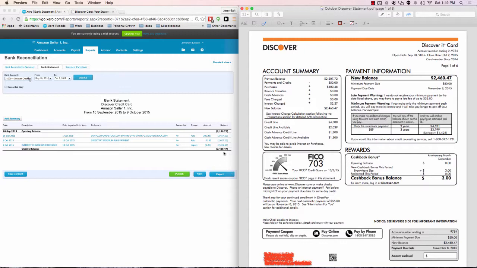And this is on purpose, not to concern you. If it was the exact same amount, 2460, if those were the same amount, then congratulations, there's no further work to be done. This account is totally up to date, and you can now move forward with confidence knowing that you've imported everything correctly into Zero